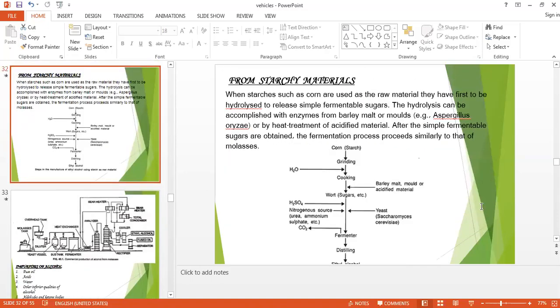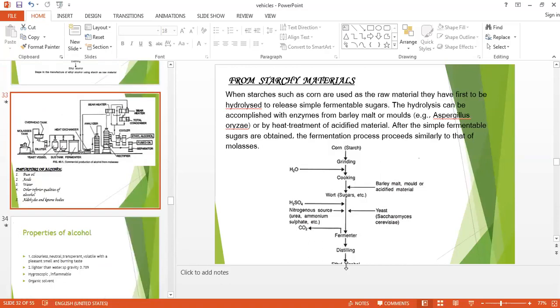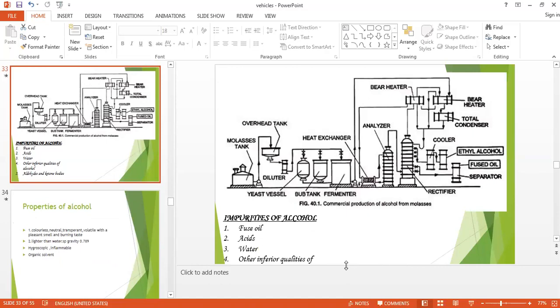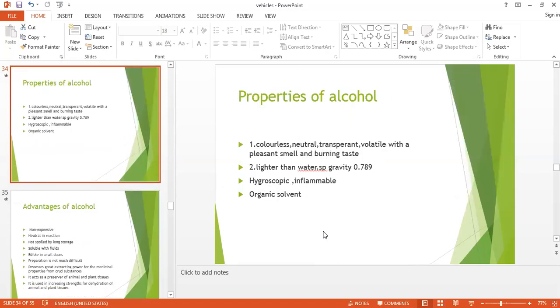Any starchy material you can take, you can make the paste, you can add the barley malt, you can add the yeast. Again the fermentation, then we have to do the distillation so that we will get the pure ethyl alcohol. This is the mechanism by which the alcohol is produced commercially. The impurities which are present are different types of oil, acid, and the water.